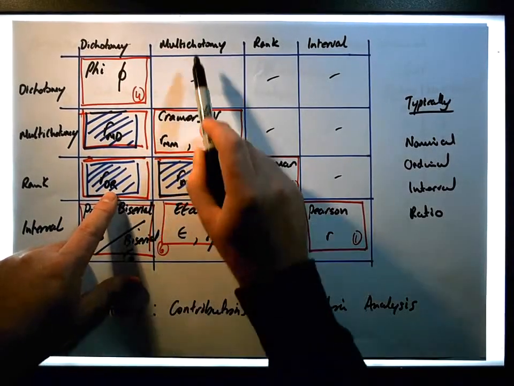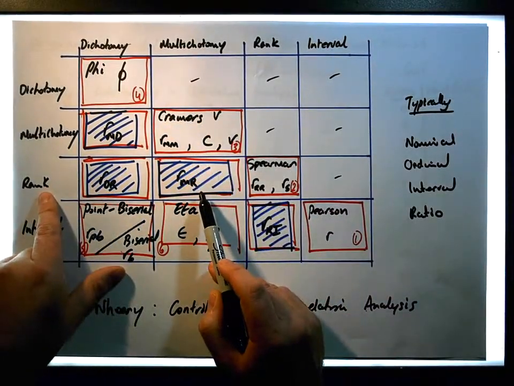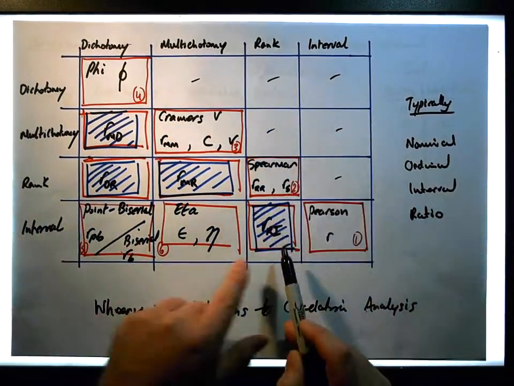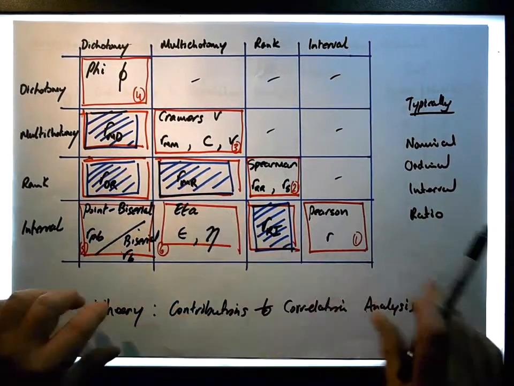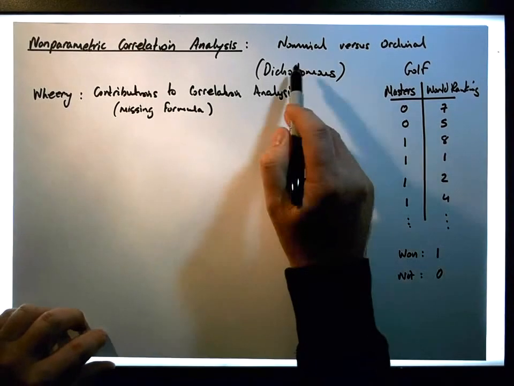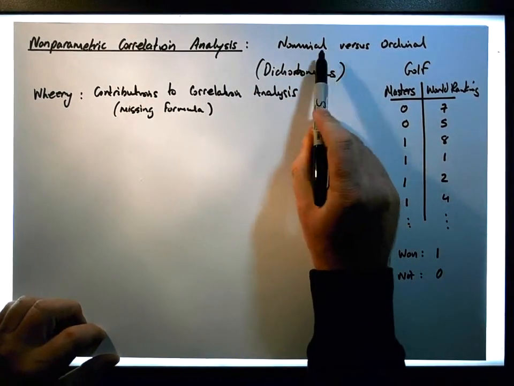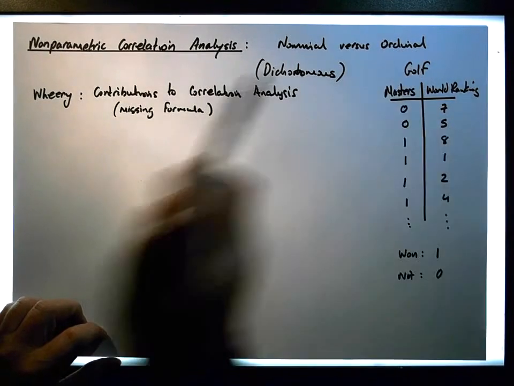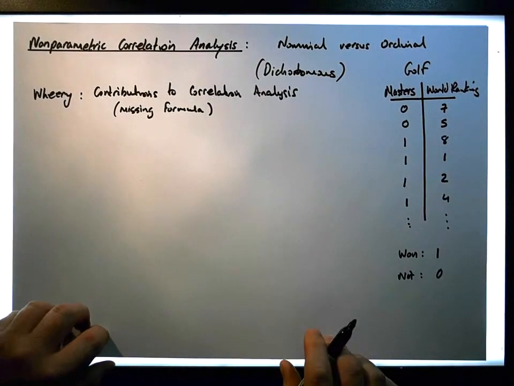...a ranked variable and a multichotomy, and also a ranked variable, as well as a ranked variable with an interval variable. They were missing, and Wherry, in his text Contributions to Correlation Analysis, provided a formula that allowed you to do these calculations. And in this situation, when we have a dichotomous nominal variable versus a ranked ordinal variable, the formula in this